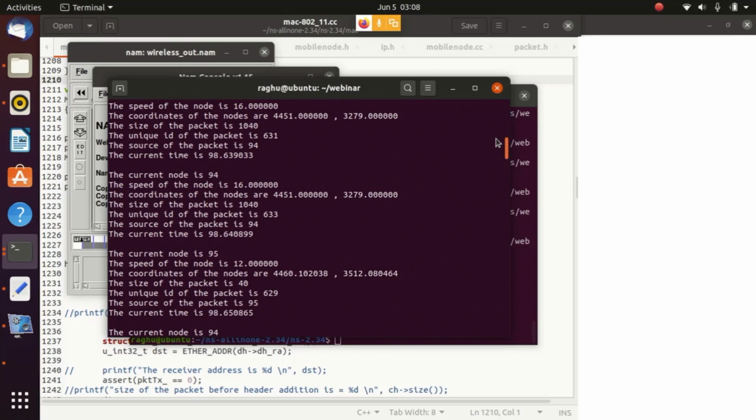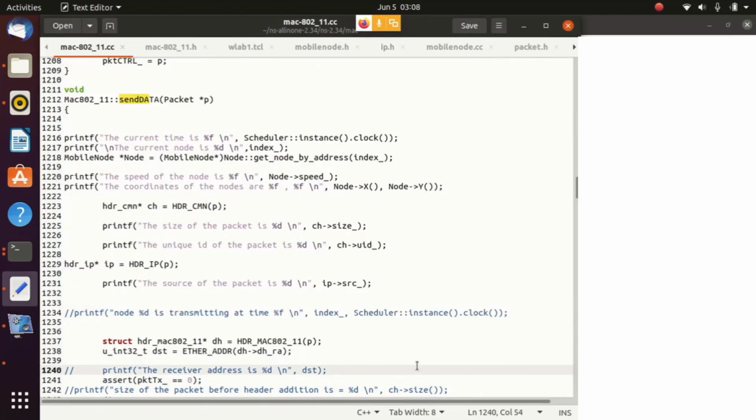Okay. Now all the small things I think are over. If I remember anything, I will tell you again. Now how to use these things? We have got the source address, the ID of the packet, the size of the packet, everything we have got. Okay, now how can we use it? The speed of the node, everything we have got. Now suppose